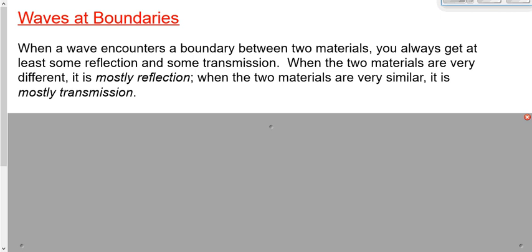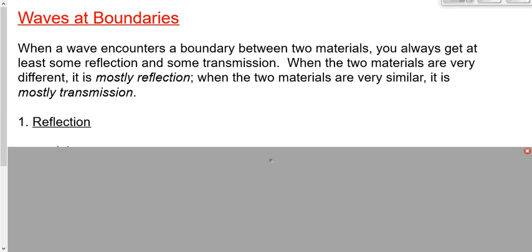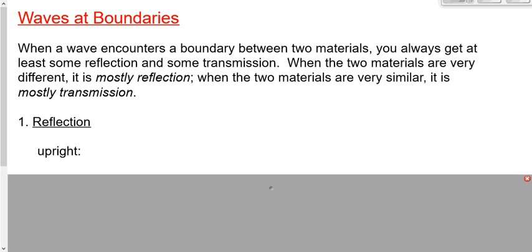Now, let's look at the part of the wave that is reflected, whether it's most of the wave or whether it's just a little bit of the wave. It doesn't matter. Some is always going to be reflected. That wave that's reflected may look real similar to the way that it went down, but it may look different than the way that it went down. Generally, we would say that the part of the wave that's reflected is reflected upright or right